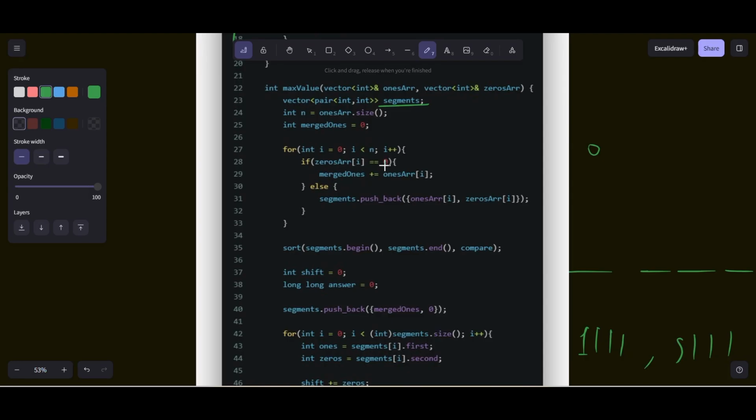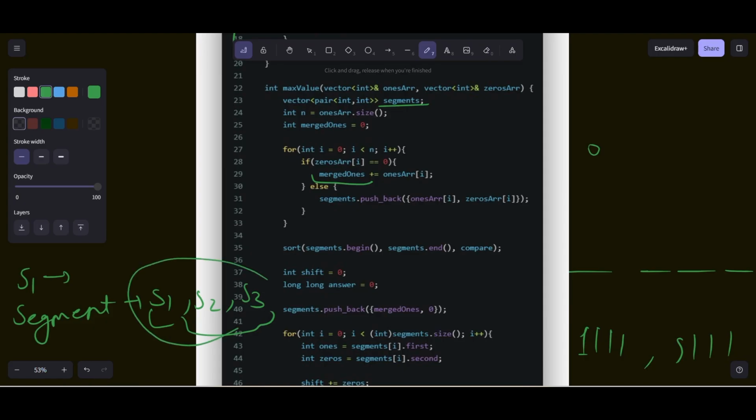We have a merge one count that counts how many ones are present in the segment, which is a combination of segments that contain only ones. Then we store the total count of ones, so merge count will increase by the one count in the current segment. If the string contains some ones and some zeros, then we add that value to our segments array.